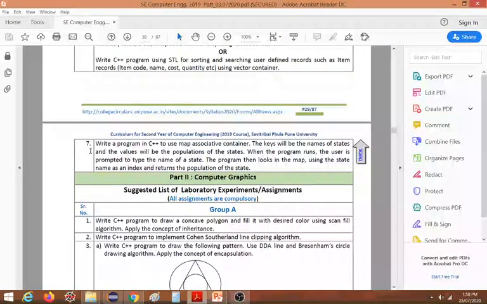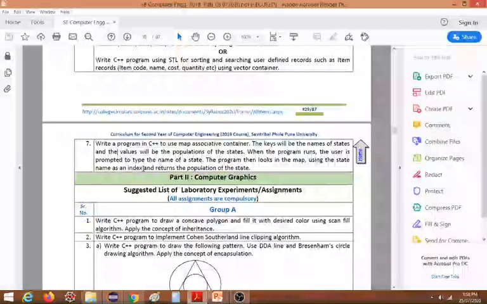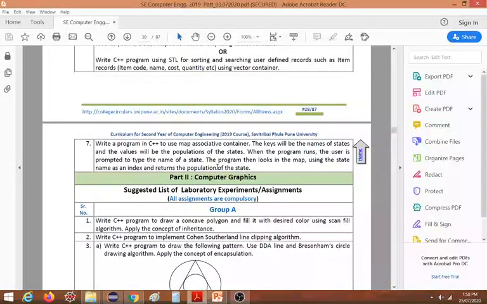So the last program is related to containers, and we have to implement a map associative application. When the program runs, the user is prompted to type the name of the state, and the program then looks into the map using the state name as the index and returns the population of the state. This is what is expected.